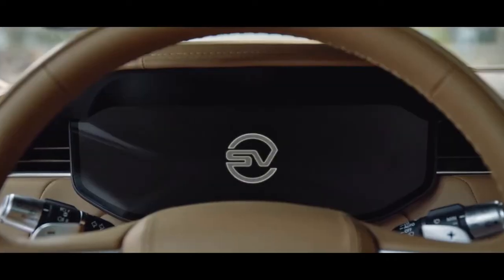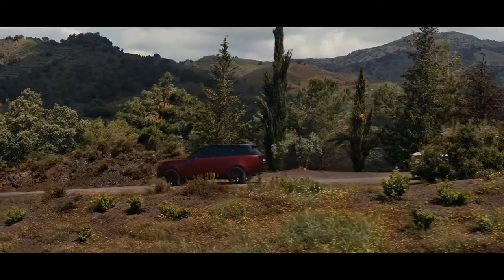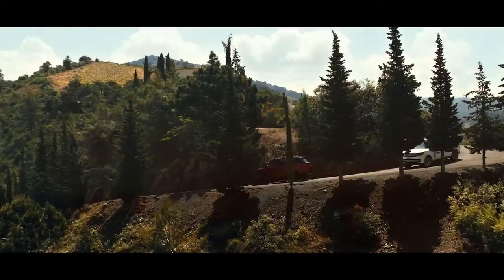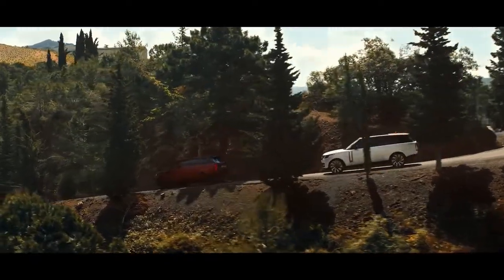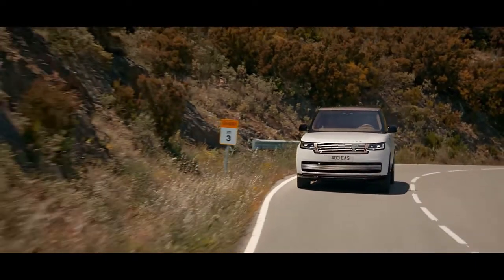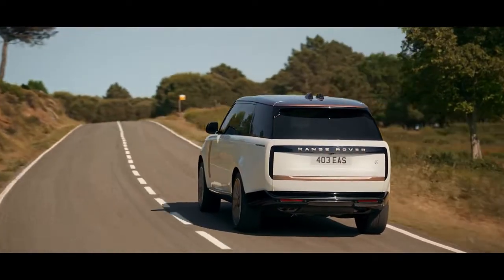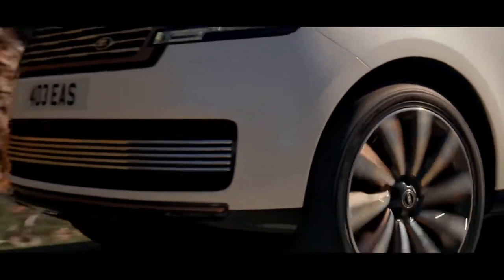Range Rover SV. It's luxury you can touch as well as see. New Range Rover is available with a choice of more efficient, high-performance engines. Exemplary levels of refinement and efficiency are delivered by the latest mild hybrid Ingenium petrol and diesel engines. And the new Range Rover is the first of our vehicles to be powered by our latest 530 PS 4.4-litre